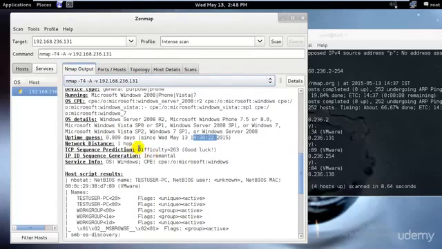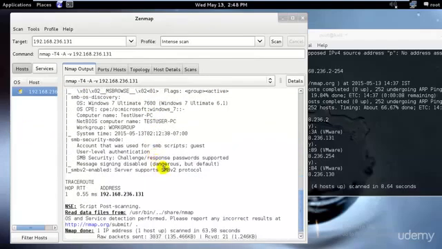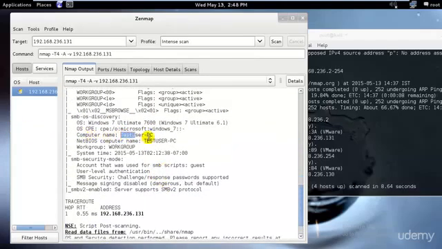And as you can see, we have the TCP sequence prediction, that is 263. That means we can easily go ahead and penetrate into that. Again, the operating system is Windows, and we have all the information that we need. The computer name was test user, since